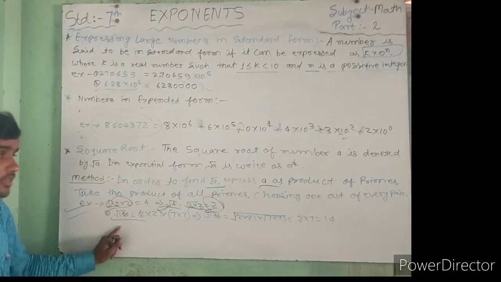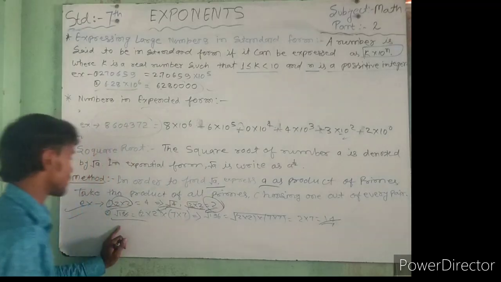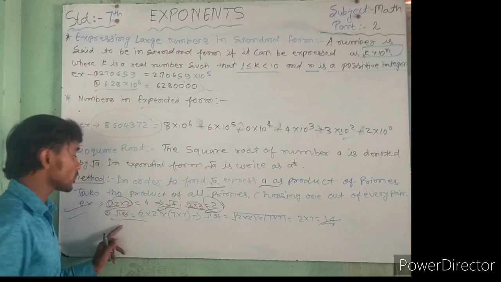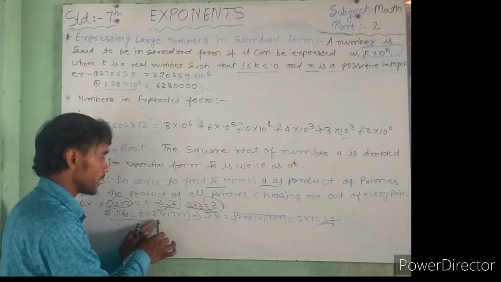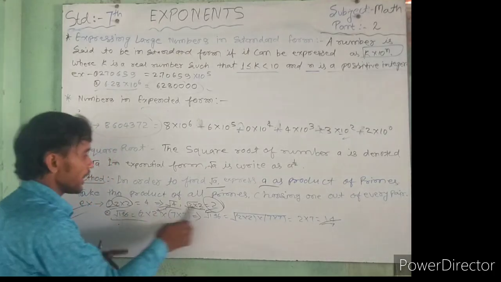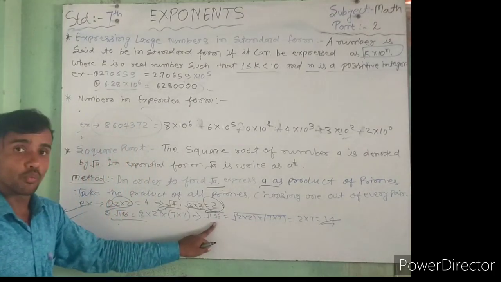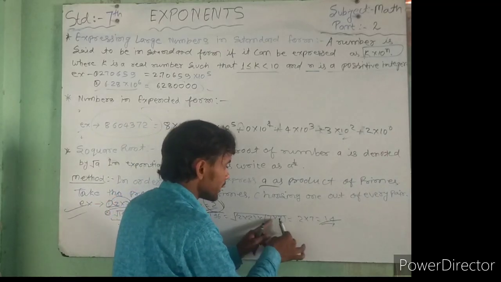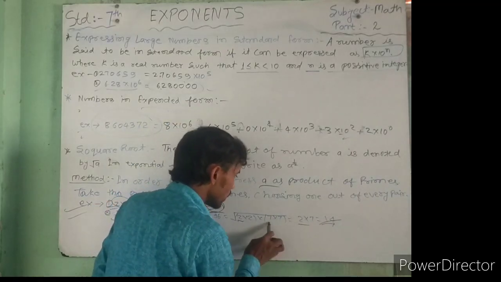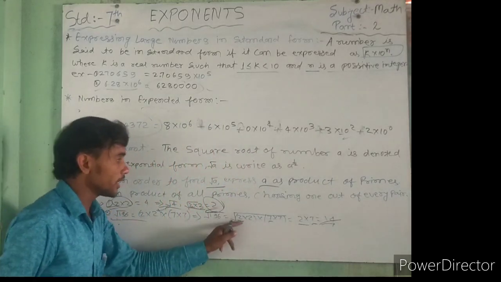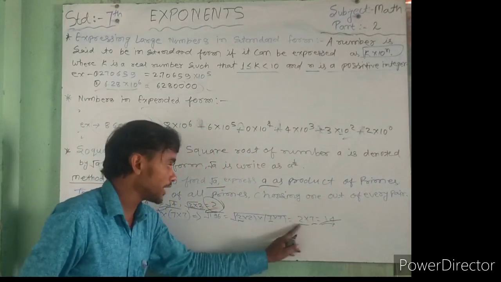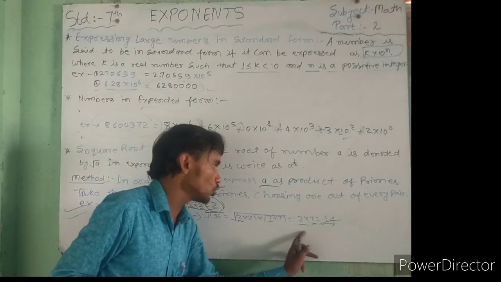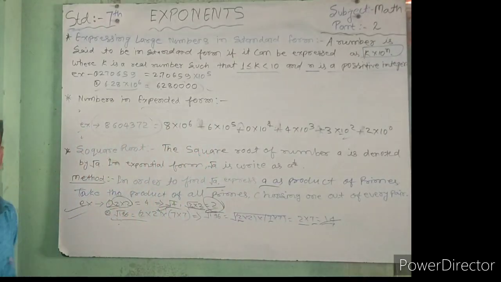Okay, and the next question coming: how to write the root form. What is the answer of root 196? Just like here, it means 14 is your answer. So how to write? Firstly you write its product. So what is the product of 196? That's 2 multiply 2, 7 multiply 7. Okay, and when you write it in root form, it is root under 2 into 2 into 7 into 7. If two numbers are available here, 2 into 2, you choose one and write it here, and in here also two digits, so you write one digit also. 2 multiply 7, that's your 14.